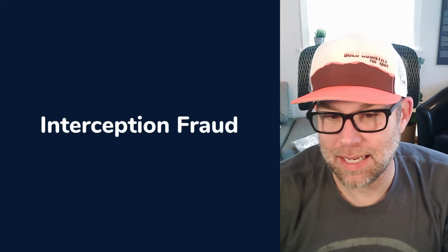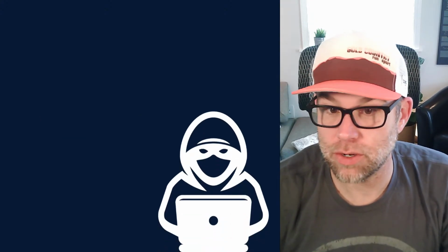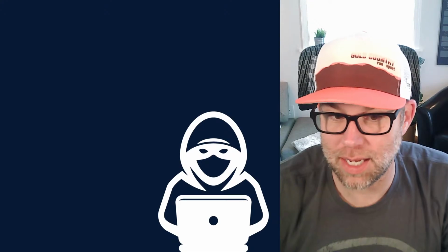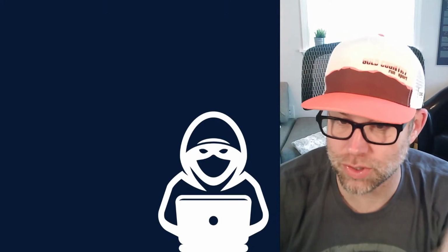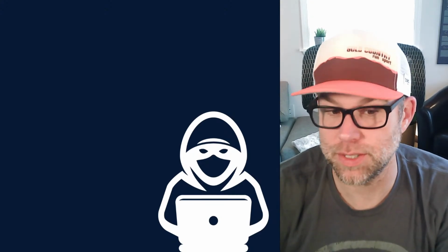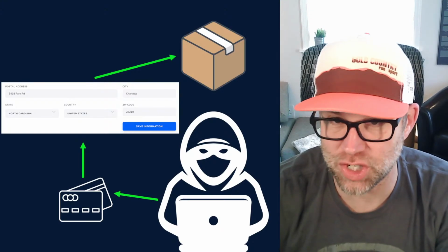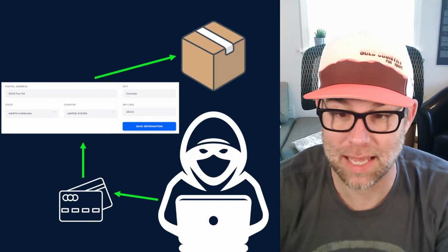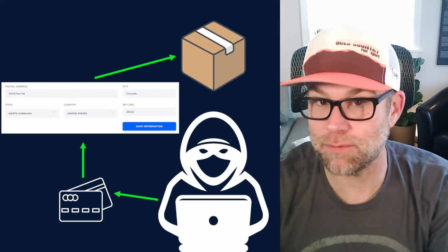So the next technique is called interception fraud. And it's pretty self-explanatory. In this situation, the hacker uses a stolen card to make a purchase online, and uses the legitimate shipping address of the person whose stolen card the scammer is trying to use. And at some stage after the payment is processed, the scammer requests a change to the shipping address so that they can redirect that package to themselves or to an accomplice instead of to the rightful owner of the card